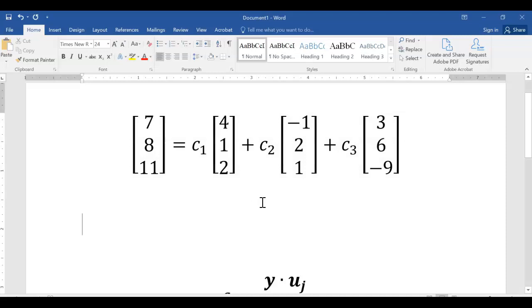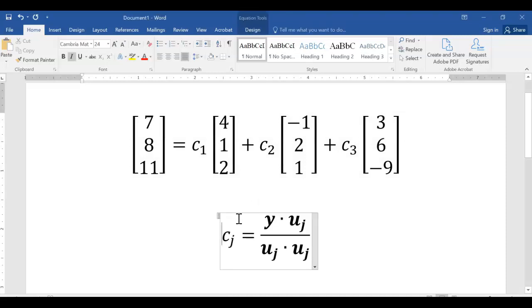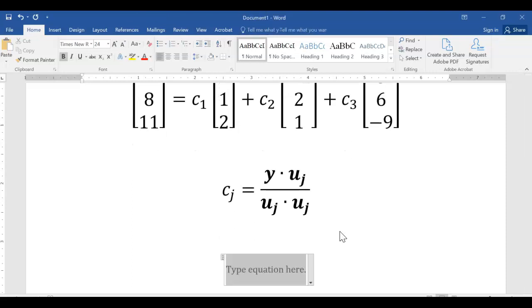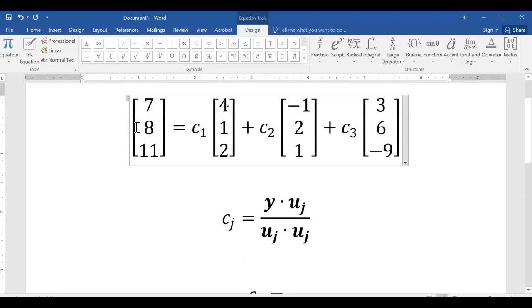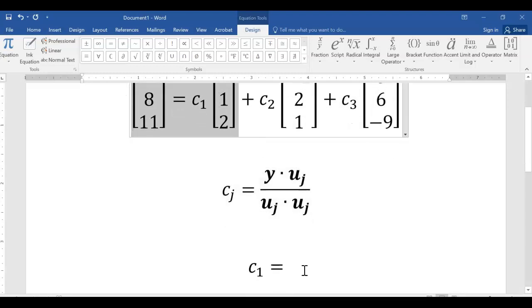Now, we just saw that if I want to find the coefficient, I can take the inner product of my vector 7, 8, 11 with any one of these vectors and then divide by the inner product of the vectors. So basically, when I go to find, let's say, C1, all I have to do is take my 7, 8, 11,